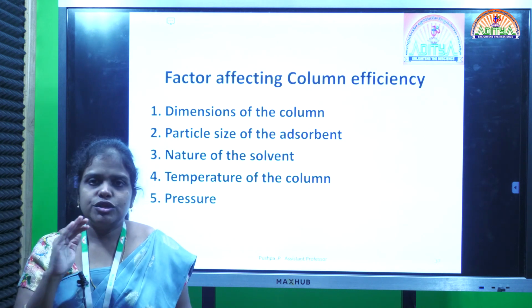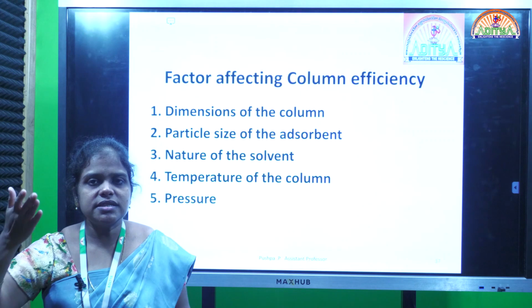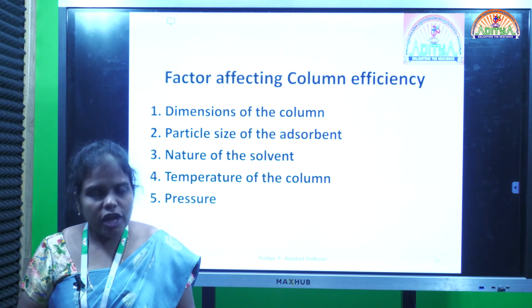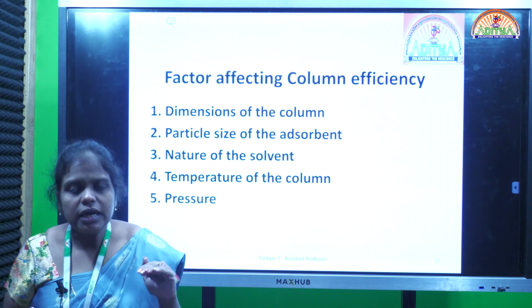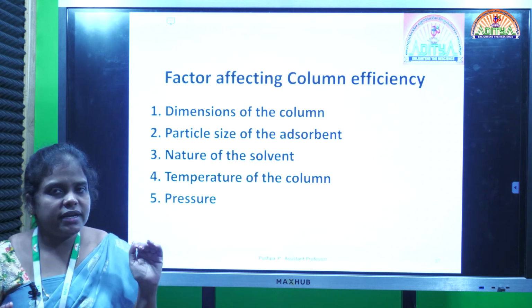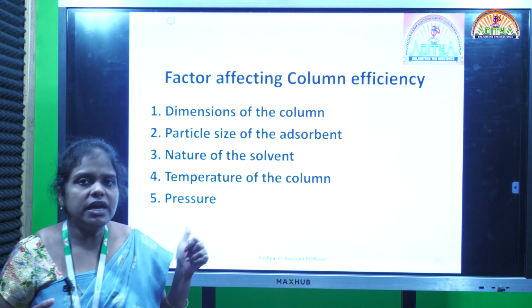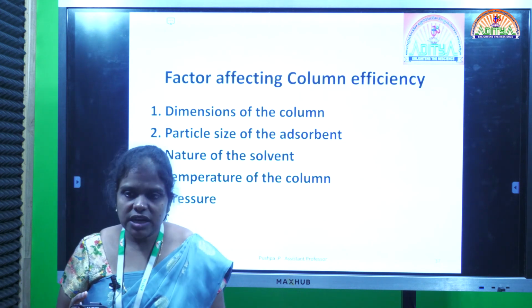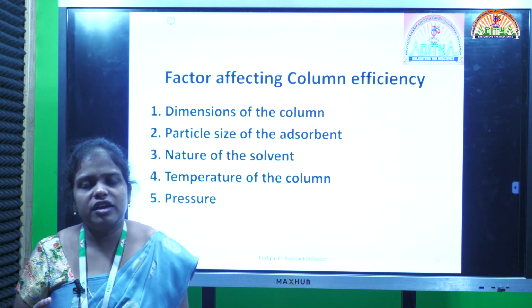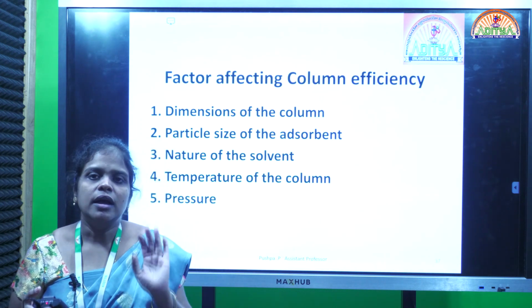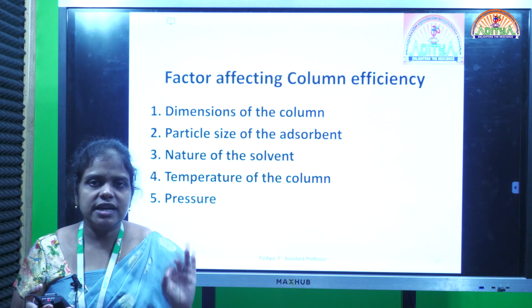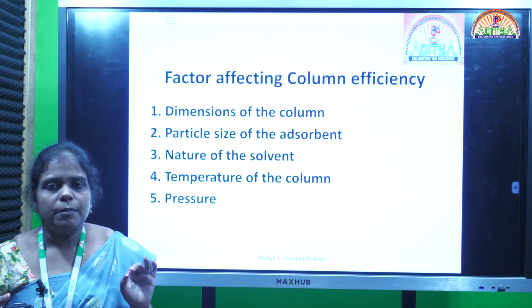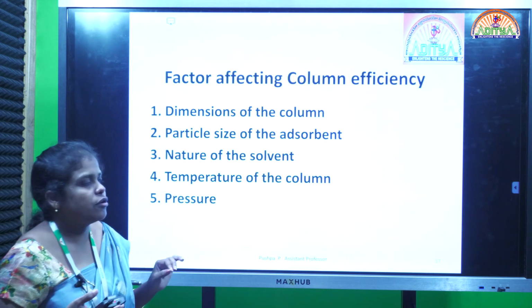So there should not be a very large particle size, and there should not be a very small particle size either. Regular, uniformly sized particles of the stationary phase should be placed in the column, because if the particle size of the silica or stationary phase we are using is uniform, with 6 to 20 micron size,